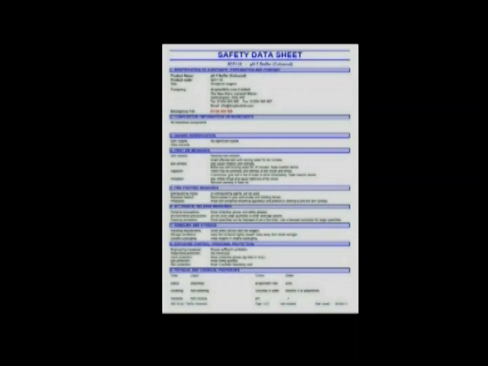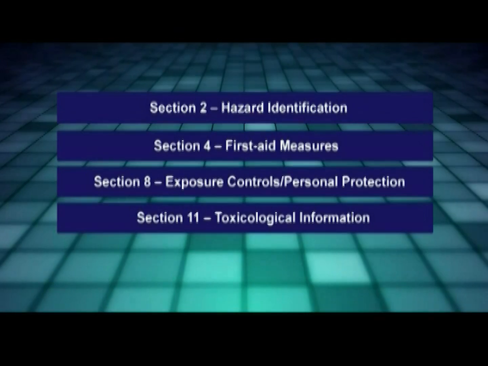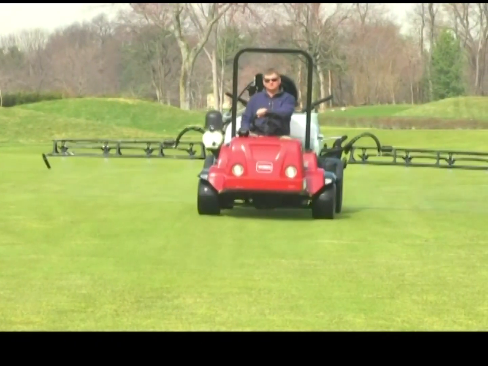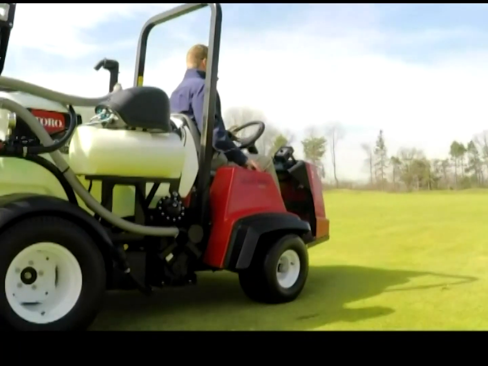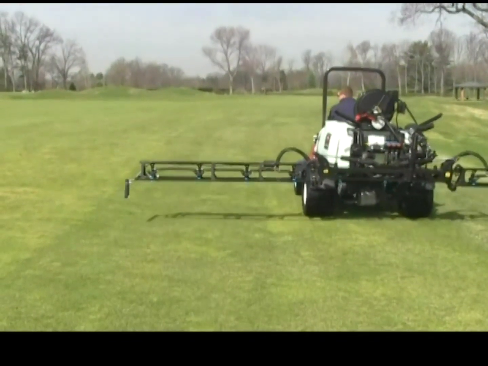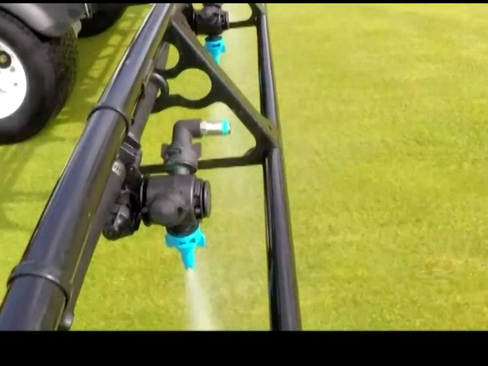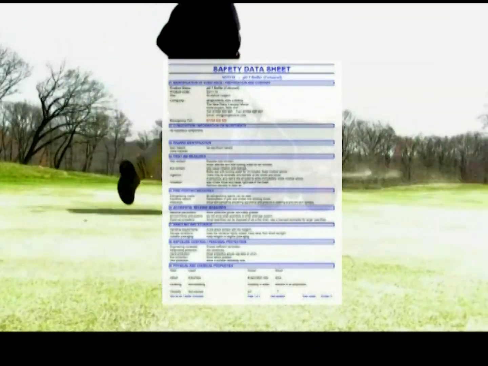An SDS can look intimidating, and it does contain a lot of complex scientific information. The important sections to read are sections 2, 4, 8, and 11. These will provide you with important information on the ways this material could affect your health, what you must do to use this product safely, for example, what protective clothing to wear, and what first aid is necessary should something go wrong. Remember that referring to the SDS is the safest way to learn how to use, handle, and store